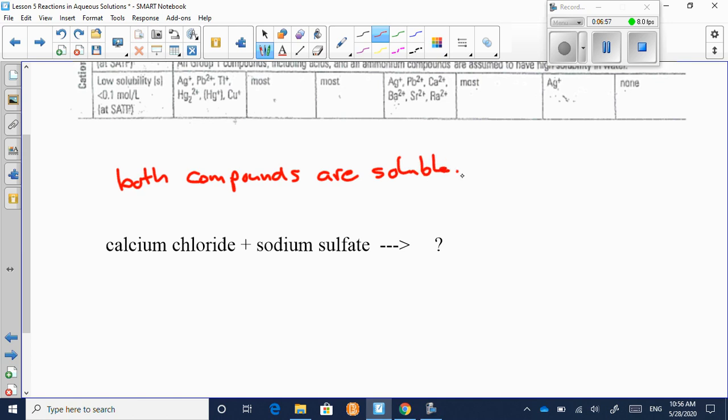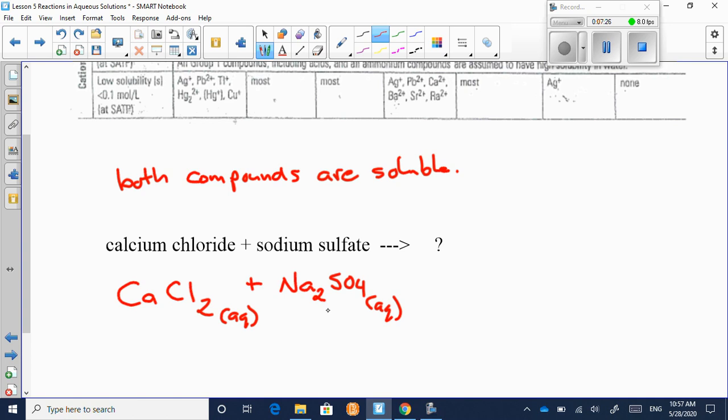Okay, so we've checked that out. So look what I'm going to do. I'm now going to write them. I'm going to write it as CaCl2, and I'm going to put aqueous there because aqueous means they can dissolve. Okay, and then I'm going to write Na2SO4 aqueous. And the reason why those subscripts are there, that 2 with the chlorine and that 2 with the